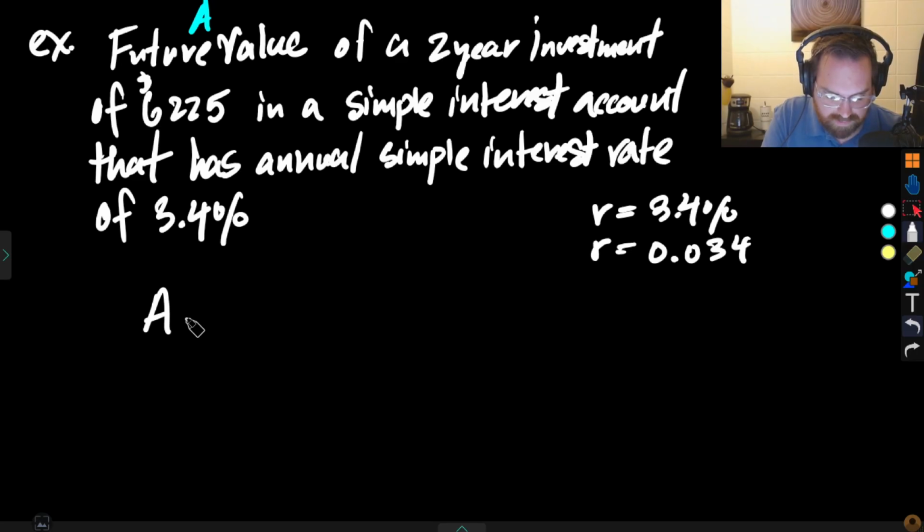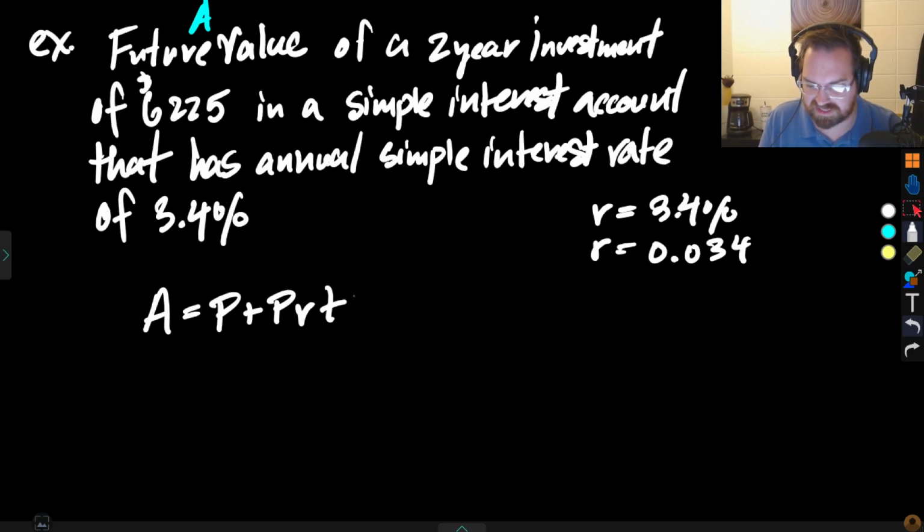So A is equal to, let's write out the formula first. We'll do P plus PRT. We'll do that second one down just to be consistent here. So I know the principal, I know that's 6225. I know the rate, which is 0.034, and I know the time. The time is 2 total years. So my amount is equal to